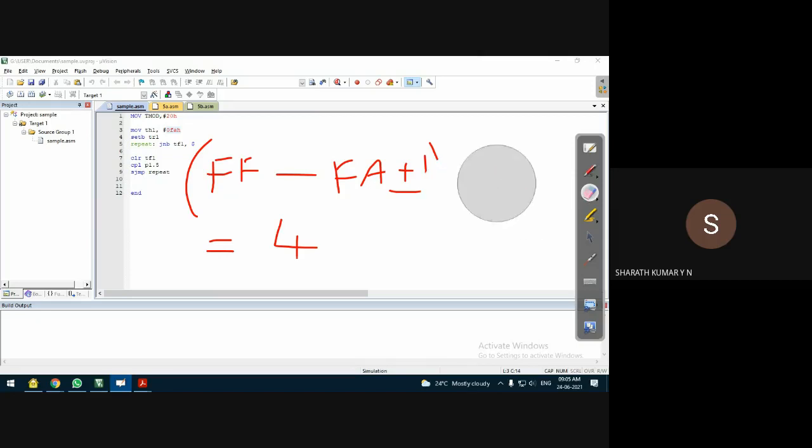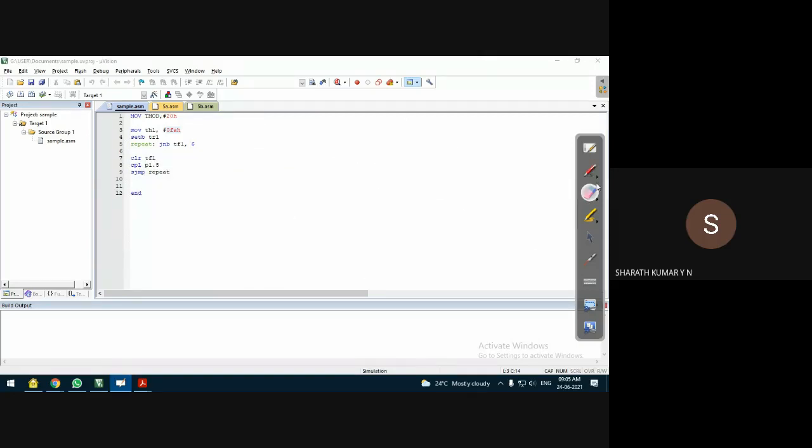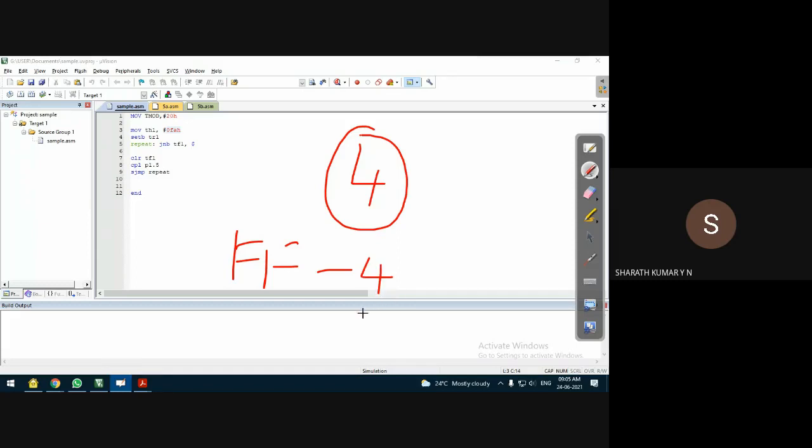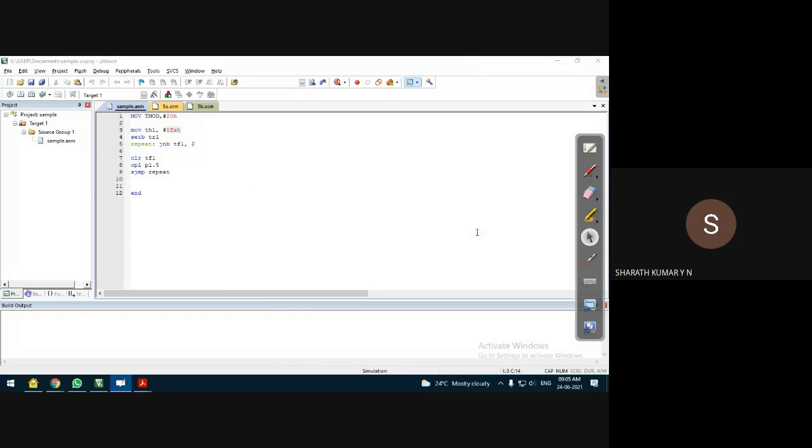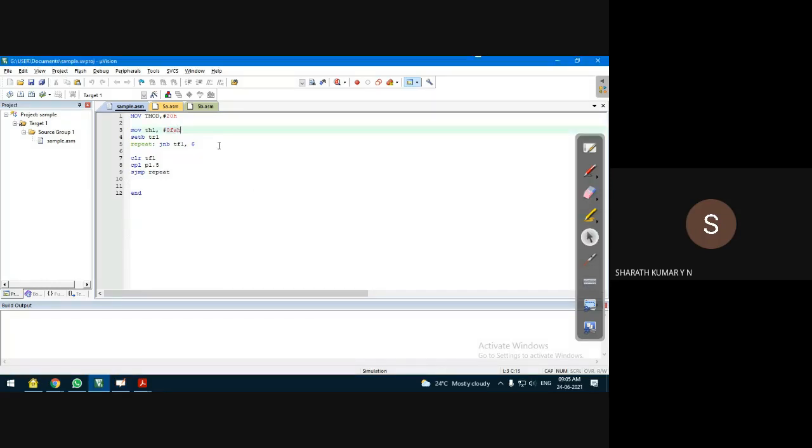So now, how to load this 4? There is FA, and there is the number of clock pulses to be counted, without calculating the actual value. That means if you know the number of clock pulses to be counted is 4, the value to be loaded to the timer is found using the hexadecimal method as FF minus 4, which gives FA. So straight away we'll enter minus 4 here.